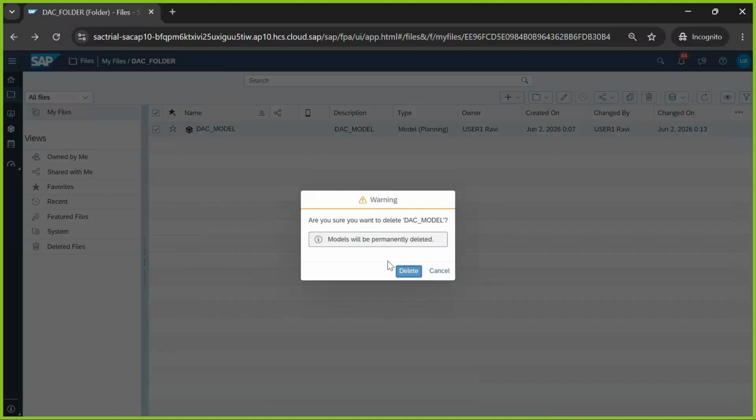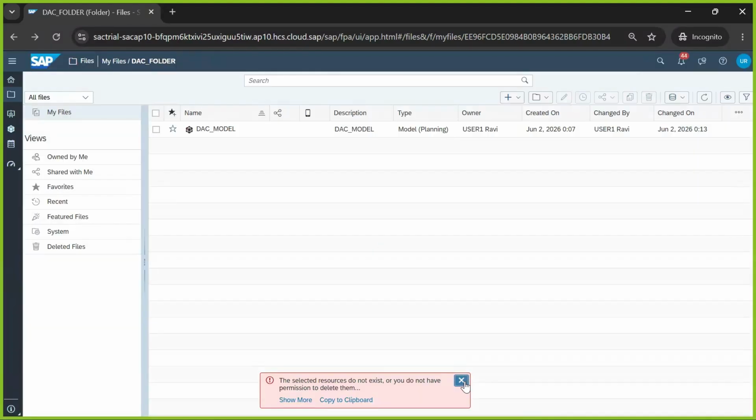Delete it. It will not be able to delete it. Why? Even though I have the delete right for my model, it is not able to delete it. Okay. You want to find out? Okay. The reason is